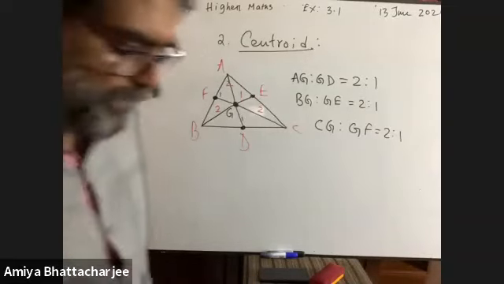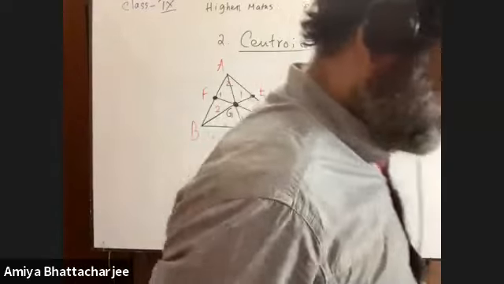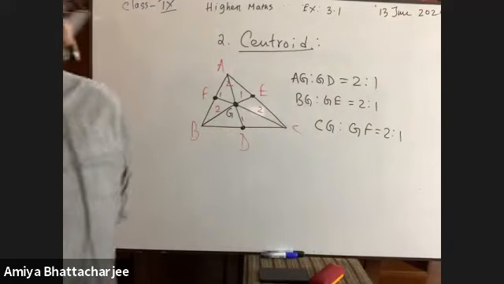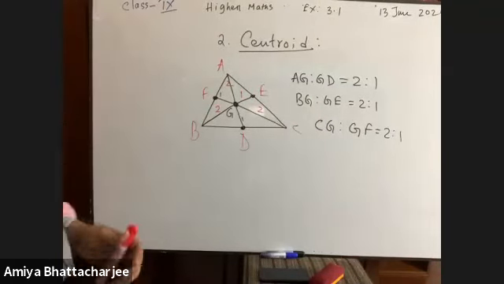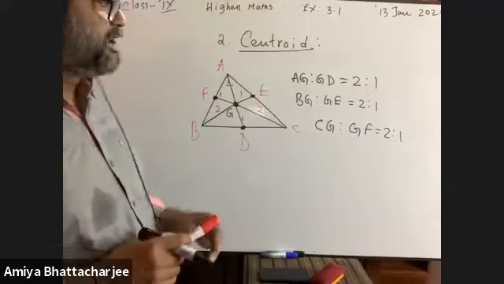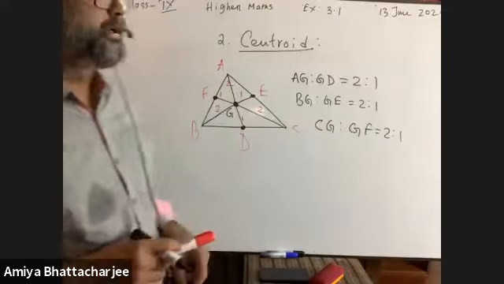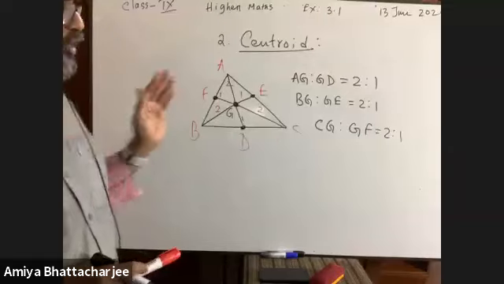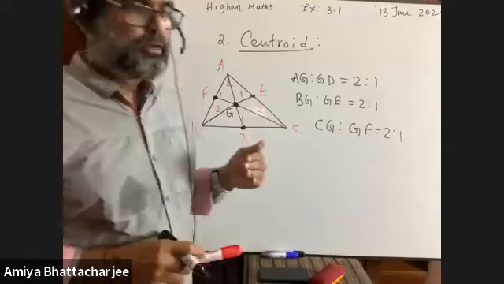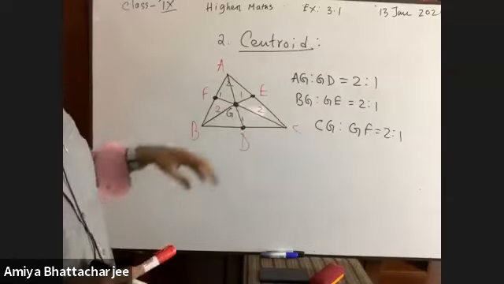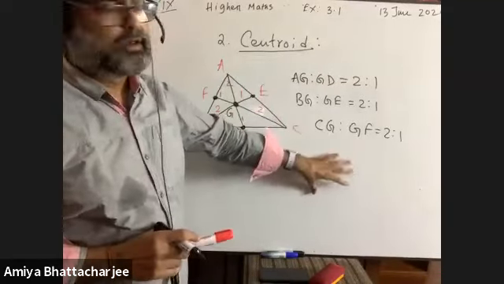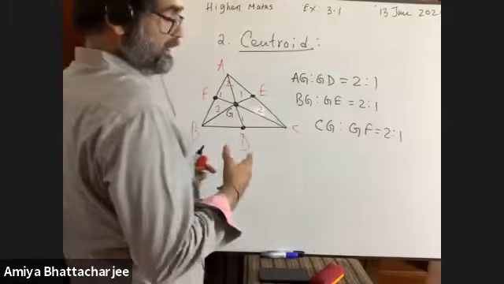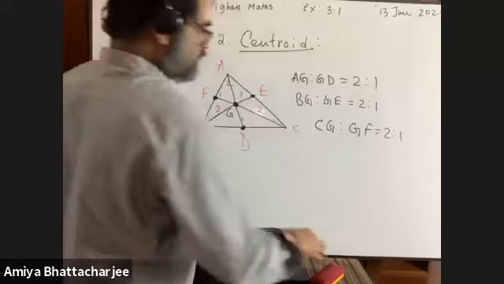So centroid, what is centroid? The three medians of the triangle intersect with each other. The intersecting point of concurrent medians in a triangle. Another information is that the medians are divided in the ratio of 2:1. It is the most important item. So write down, and it will be needed to do too many maths.